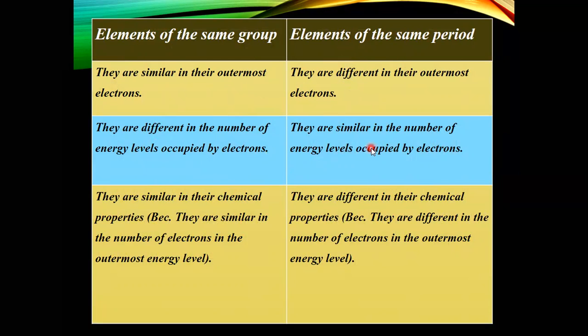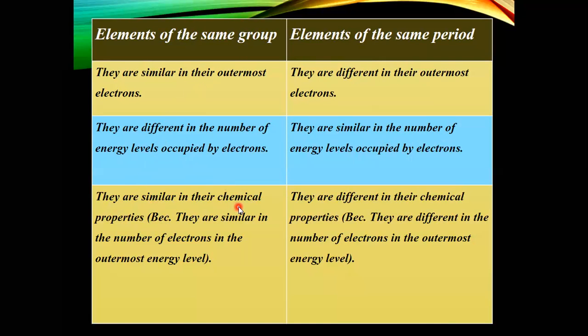لكن in the same period كل ال elements in the same period have the same number of energy levels occupied by electrons. لأنه في period 2 معناها إنه كلهم ال elements في period 2 عندهم 2 energy levels. لو في period 3 معناها إنه كلهم عندهم 3 energy levels. طيب